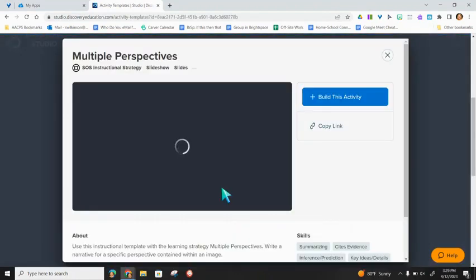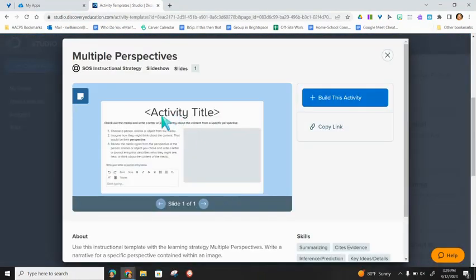So you would click on this and you get a preview. You're going to see what the activity is going to look like. So this template is all completely done by Discovery. You would be able to put in your title. The directions are here where they choose a person from whatever media they've watched and imagine how they might have thought of that content, which is their perspective. And then in the space below, they have an area where they are to write a letter or journal entry